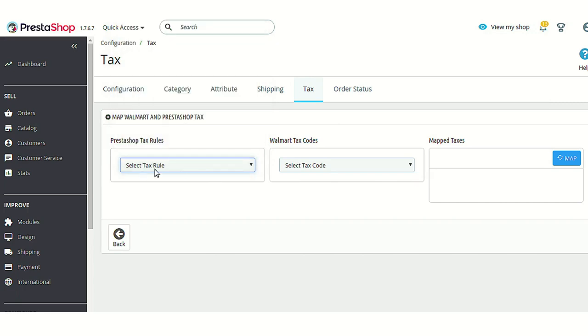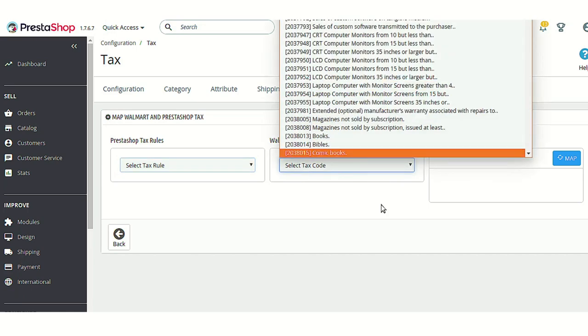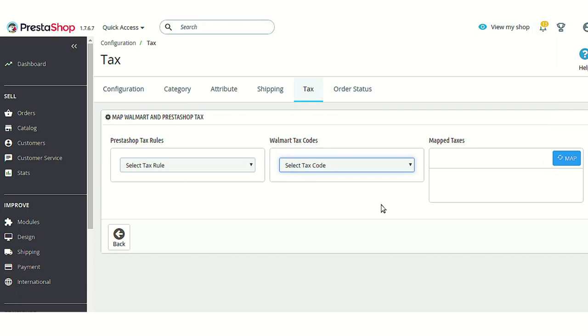Let's say you have created a tax rule of 10%, and according to the tax rule for this laptop computer the tax goes to 15%, then it would not be fair, because price differences will be shown.